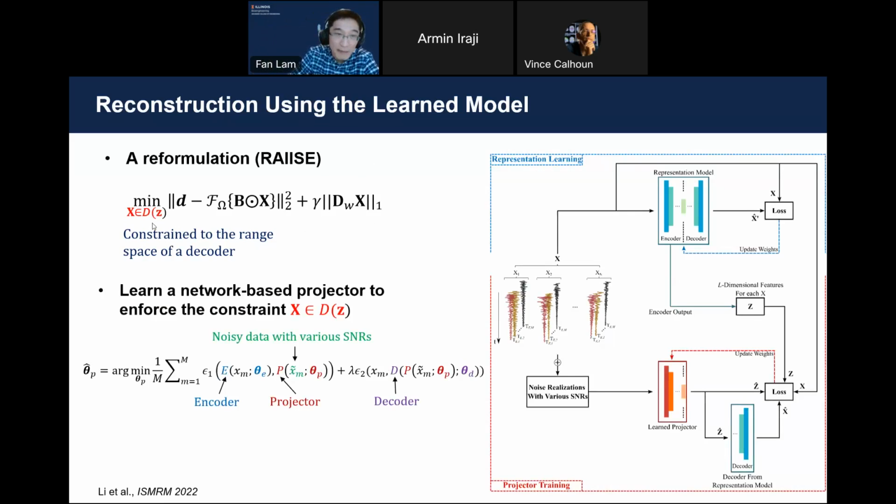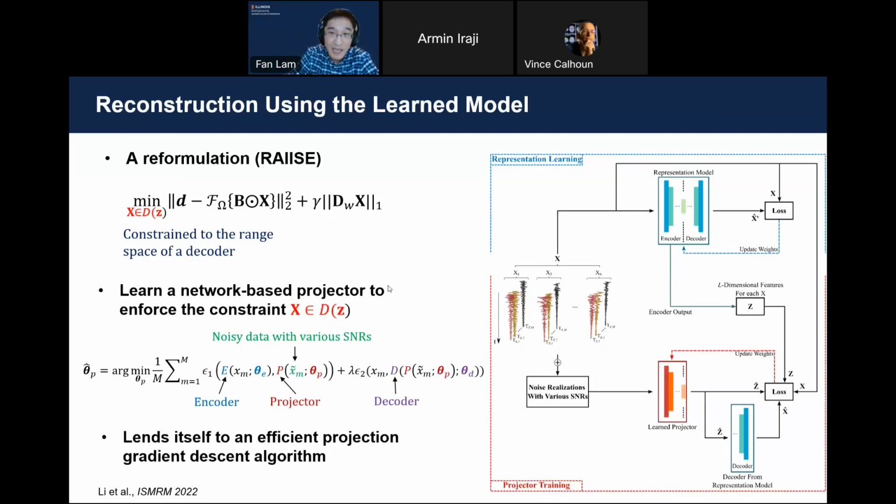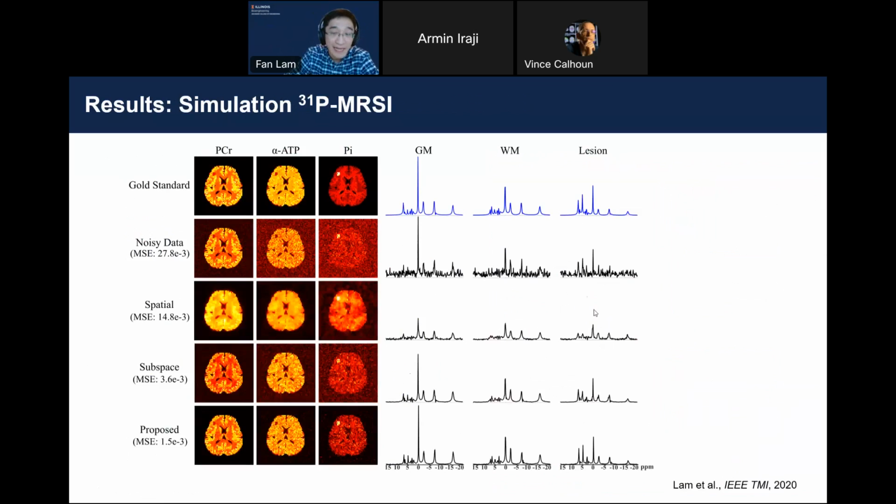And instead of directly backpropagating the network, we learned a network-based projector to enforce this constraint instead of backpropagating through it in every iteration. So this significantly reduces the computational complexity, and also lends itself to efficient algorithms such as projected gradient descent type of algorithm, and still solves this optimization problem very efficiently. So with the time limit, I'm not going to go into the detail of the training procedure, but hopefully you get the idea. So here's some simulation results comparing the different methods, particularly if you look at the subspace-based reconstruction and